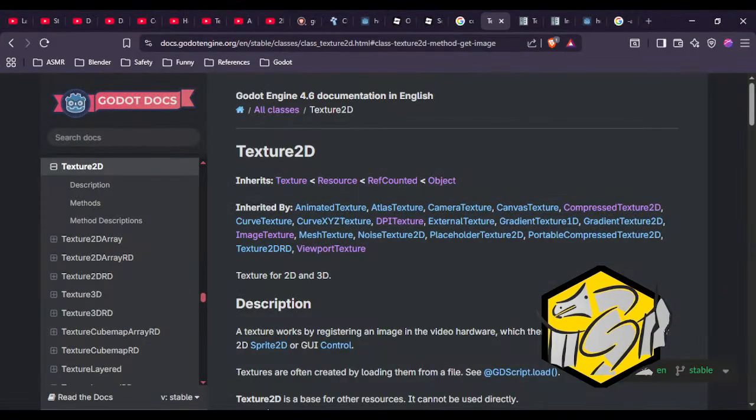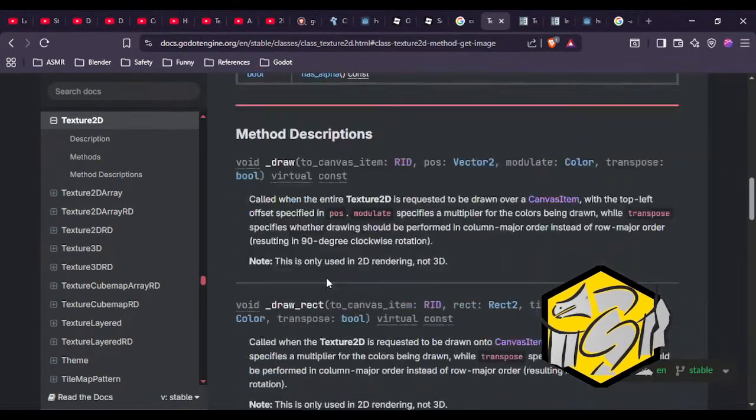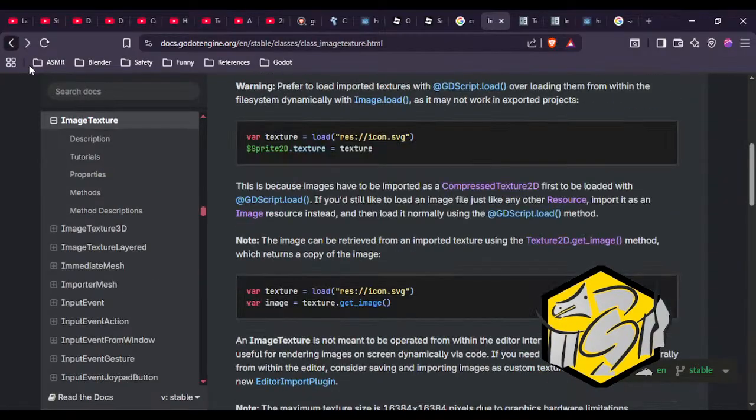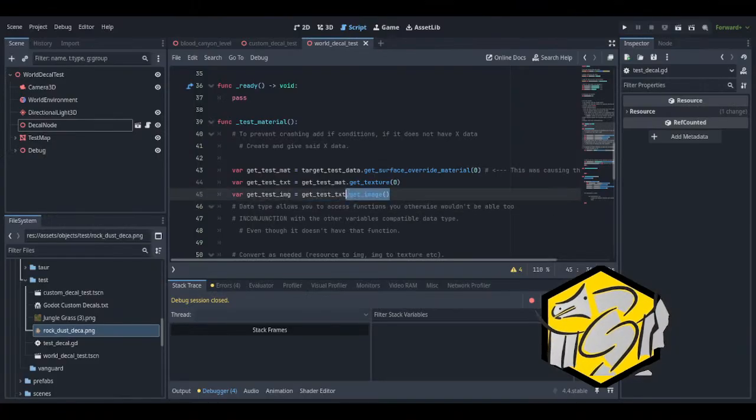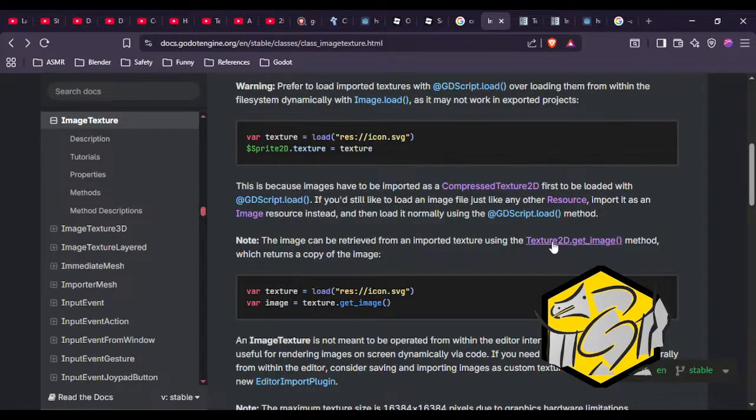Oh, did I type it wrong? Get image. No, I did type it right. What the heck?